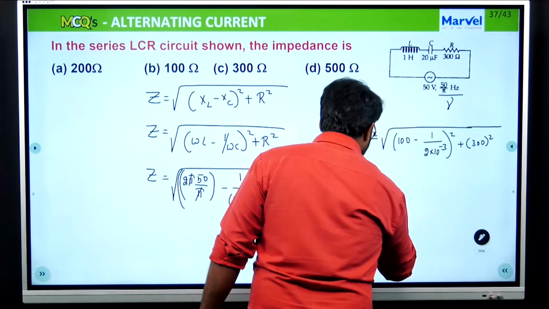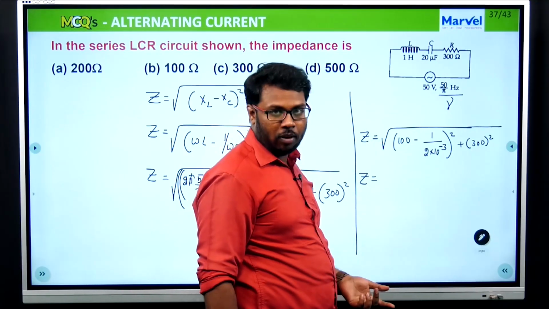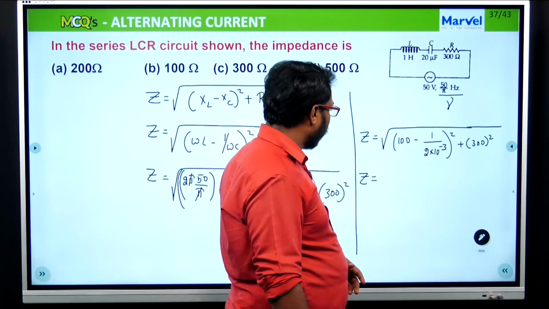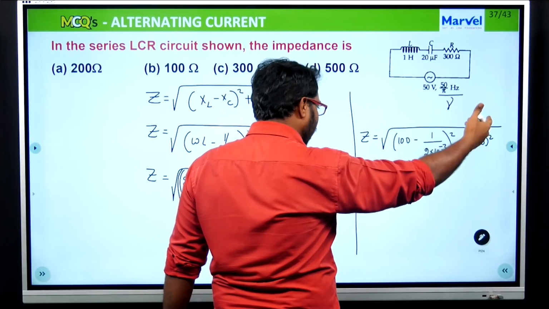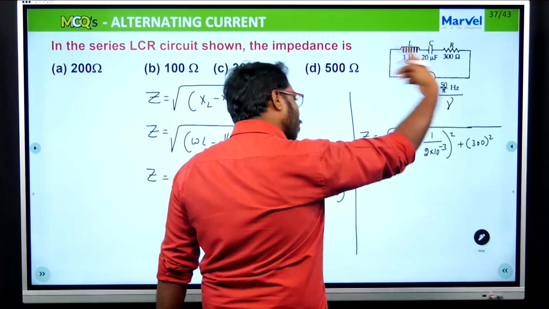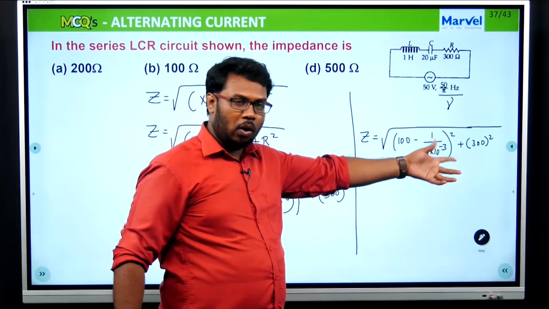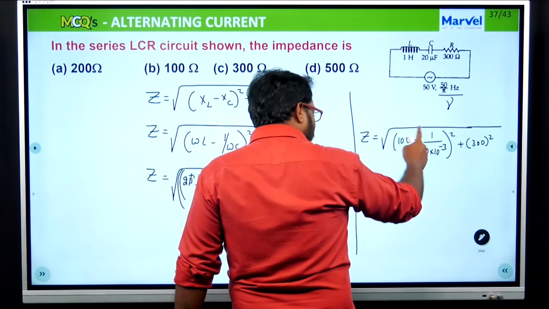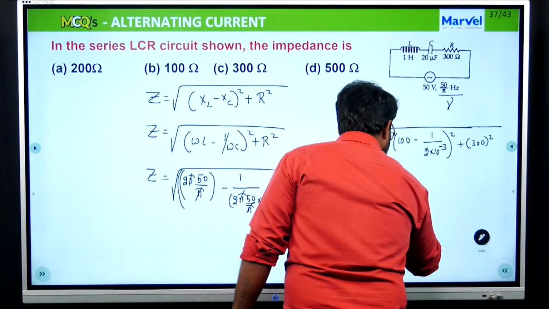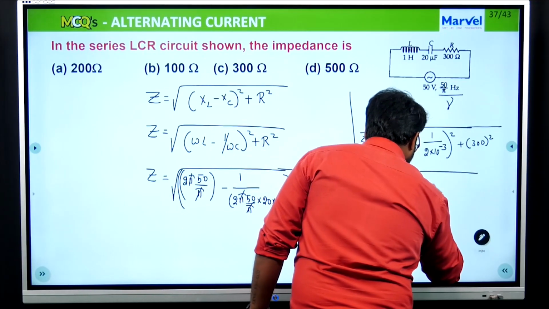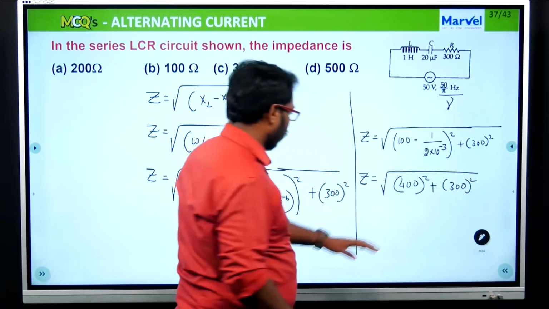Okay, where now z is equal to 1 by 2 is 0.5 into 10 power plus 3, which is nothing but 500. 100 minus 500 is minus 400. I don't have to worry about that because it's inside the square now. So 100 minus 500 is minus 400 the whole square. Okay, now listen. So totally I can just write it as 400 square plus 300 squared. It's like this.